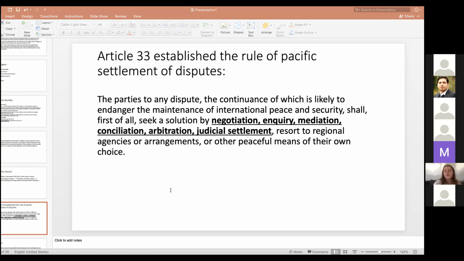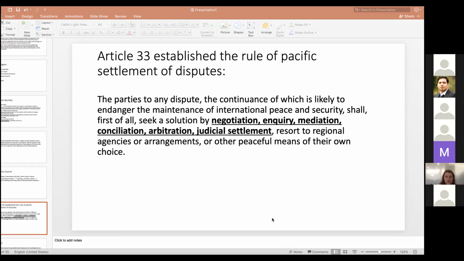The Security Council might also start its own investigation if there is any situation which might be a threat to international peace and security. Also, any other member, or even a non-member of the UN, might bring any such situation or dispute to the Security Council's attention. Of course, the Security Council will try to seek a solution by peaceful means and issue recommendations, but if that's not enough, we